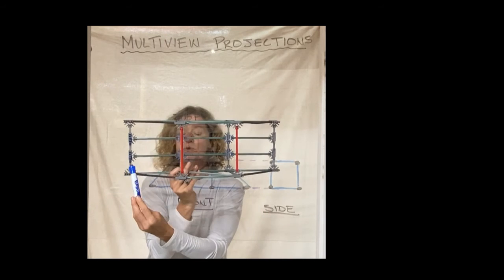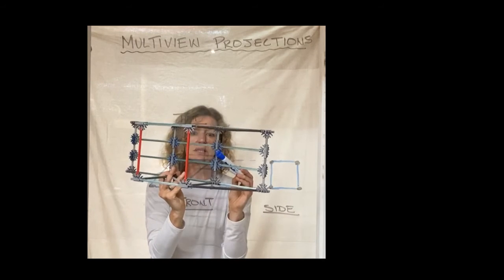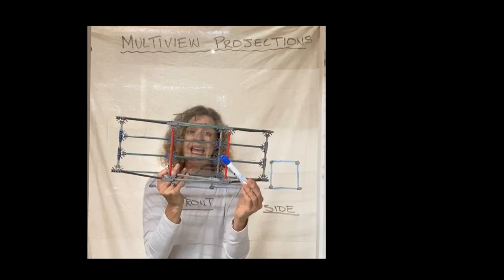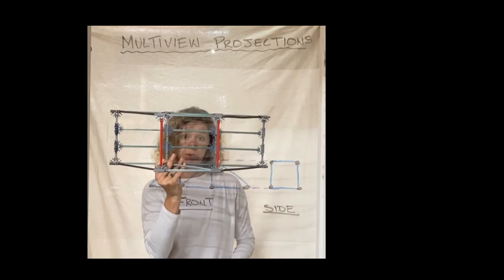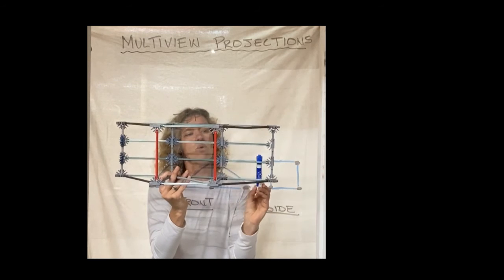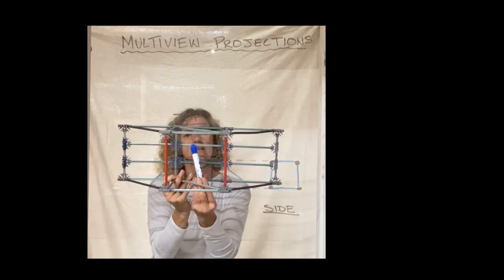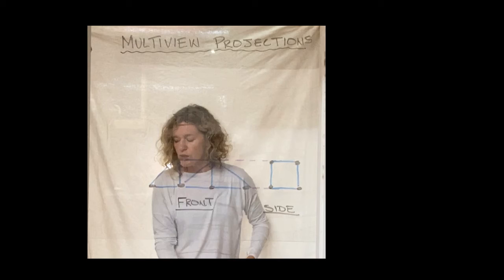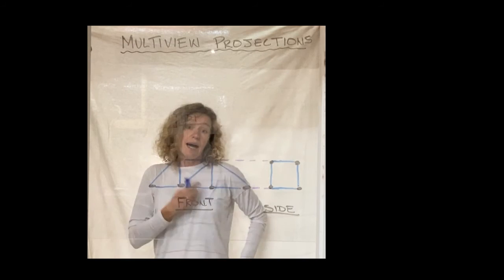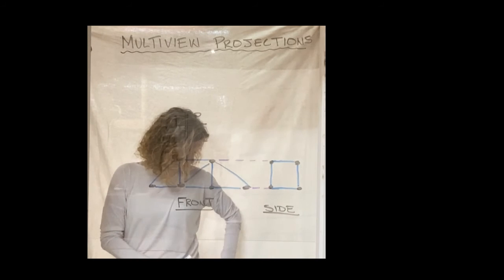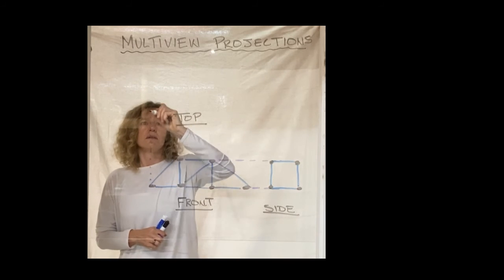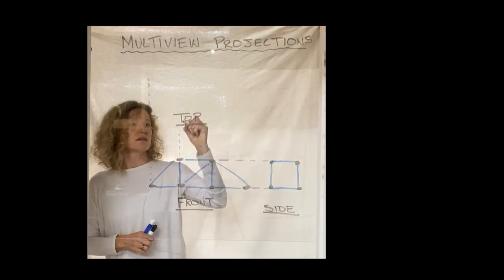Again, we're saying these are continuous members here. We would be able to see these ones on the bottom, but you can't actually see these back members because this red top members should be hiding them if we're looking straight on. We would, though, be able to see these horizontal stringers that run across. And we're going to draw them in the way that stringers are typically shown on a set of plans. Again, we need the front view to anchor our view. So we will extend up our purple construction lines